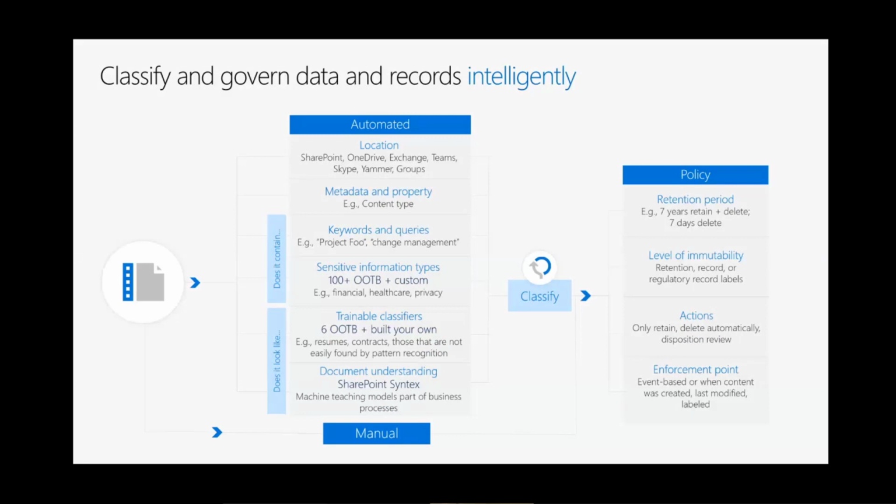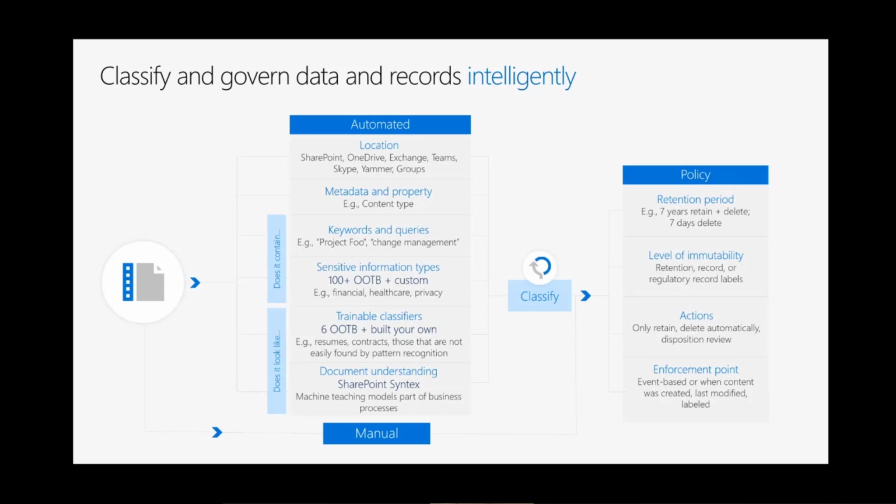Now, when you do this, you need to think about doing it intelligently. So this isn't just, I have a label and I want to retain this file for 7 years. There is thinking that you need to do before you deploy these, and it works, similar to sensitivity, where you create the label and you deploy it through a policy. Now the labels are going to be managed